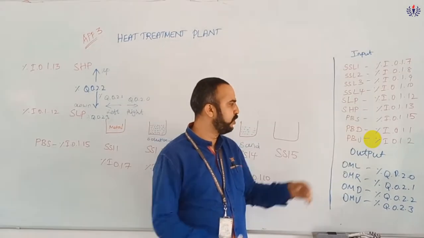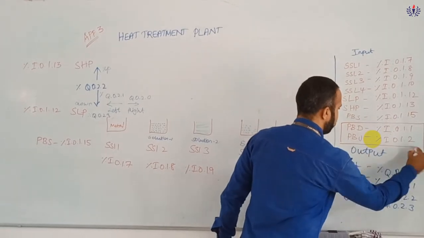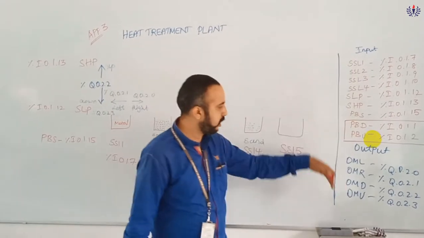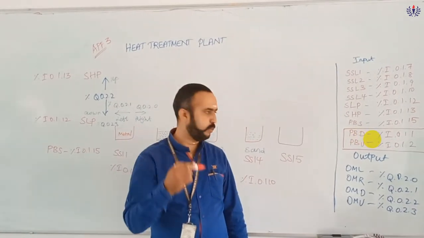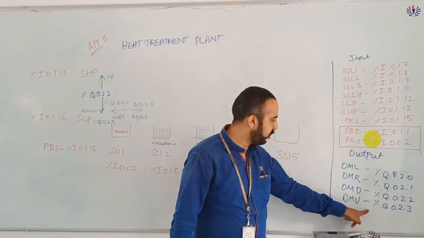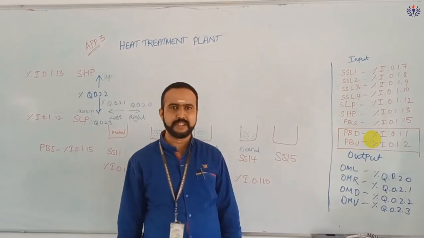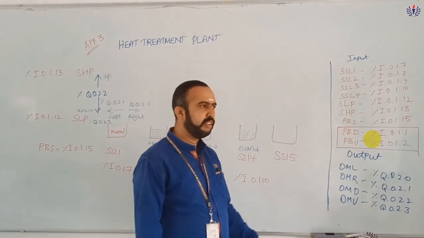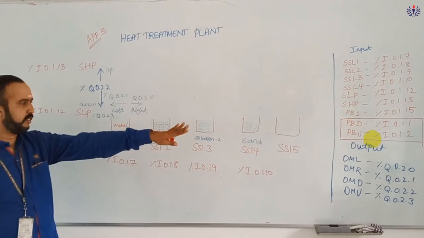And PBD and PBU, for this application, we are not using them, so we can leave these, because we are not going for an additional one. Okay, coming to the outputs, similarly, up, down. So up will be 3, down will be 2, left and right will be 0 and 1 respectively. Okay, so this is the application. These inputs and outputs we have already seen.